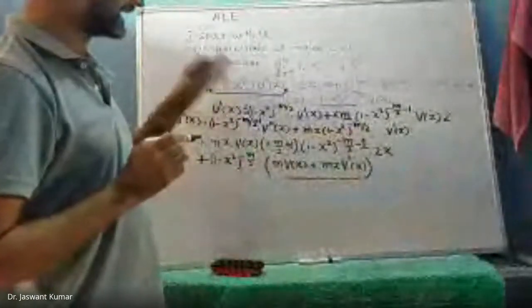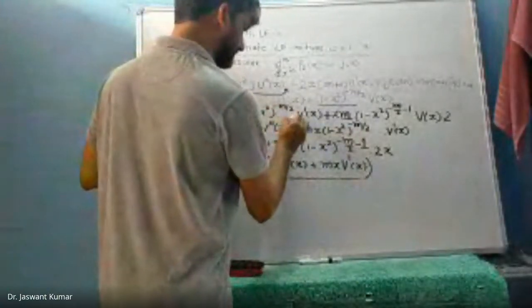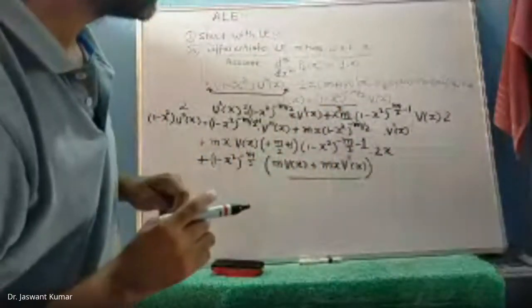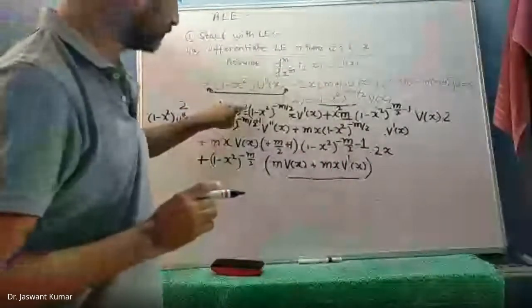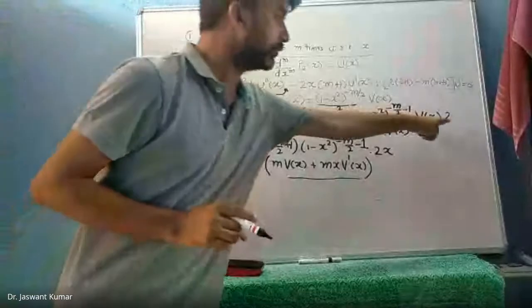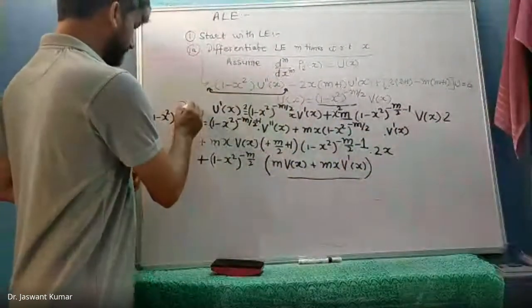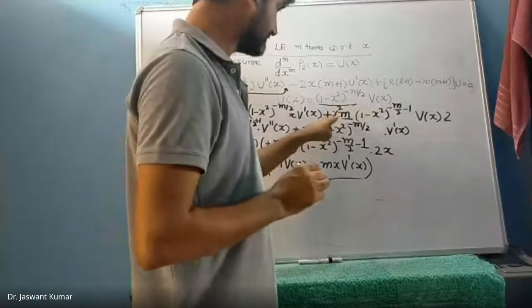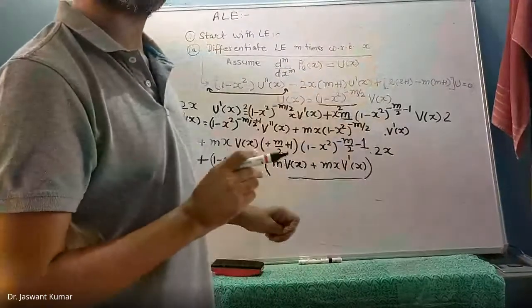Okay. And then you multiply it with x. So if you multiply it with x, then this is x. This is x square. Are you okay? First time we multiplied it with 2, so we got a 2 here and then a 2 over there. Then we multiplied it with x. So we got an x over here and an x which was there already. Then we multiplied it with x and we got x square.